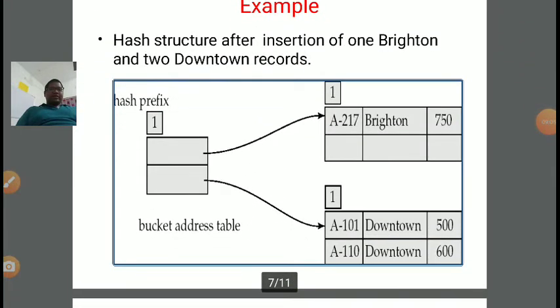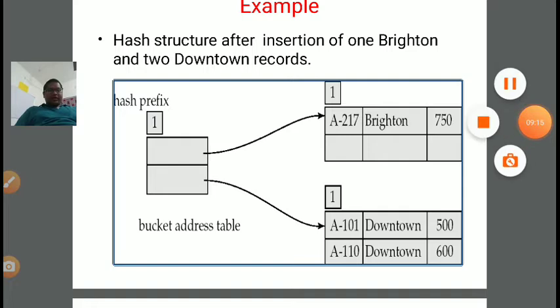One more example is listed here: the hash structure after insertion of Brighton and Downtown records. What will happen? Hash prefix 1 is given. If we insert Brighton and next Downtown, the hash structure will be like the one shown in this diagram.